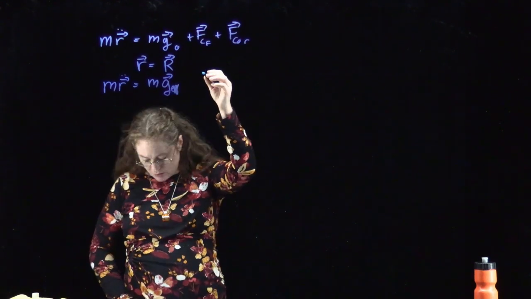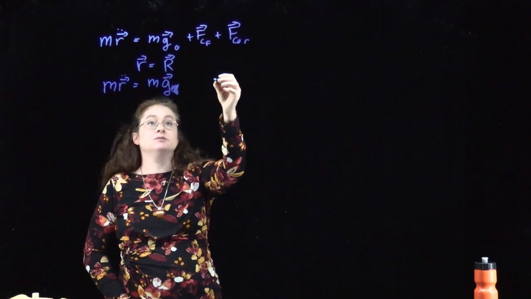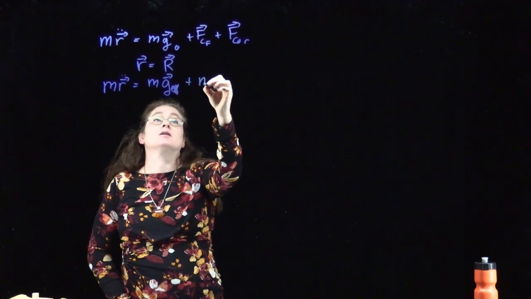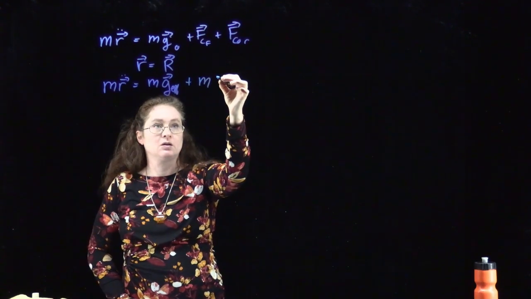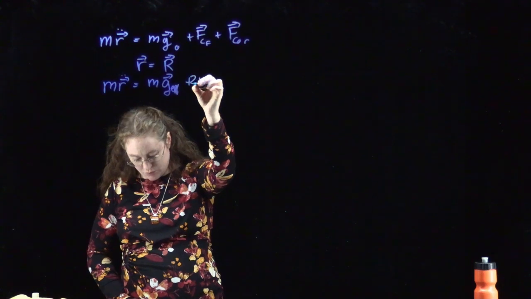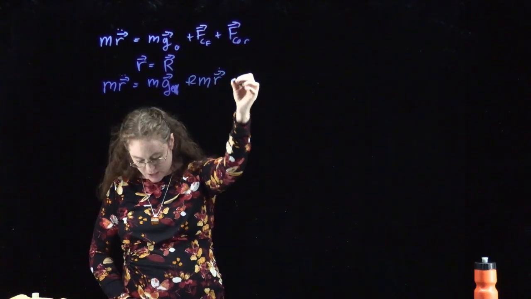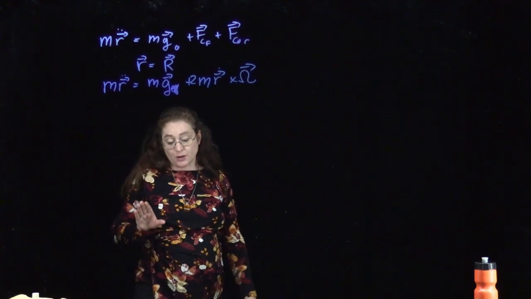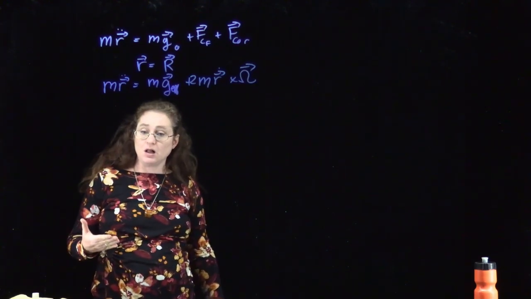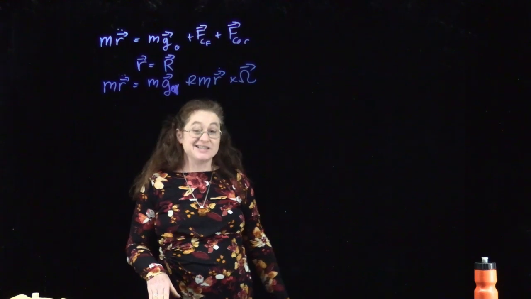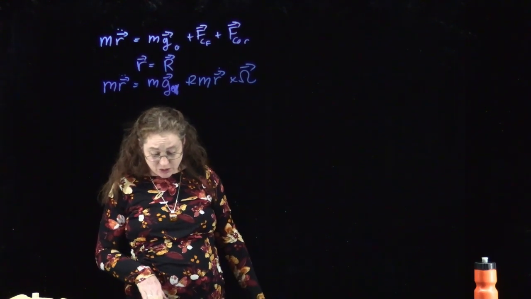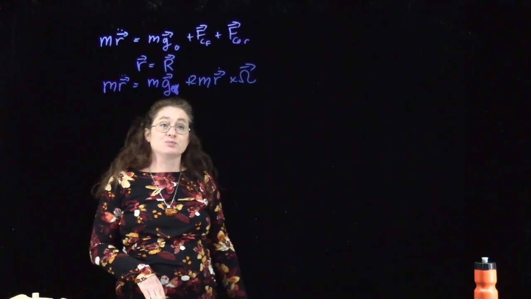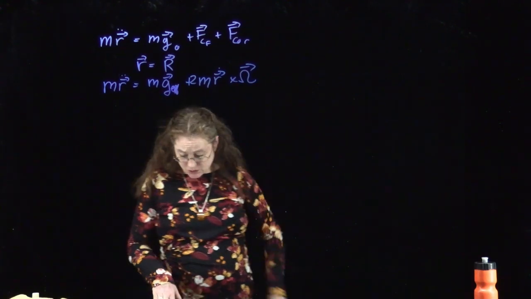And then we have plus m 2m r dot cross capital omega. So to a very good approximation, when we have free fall, this does not depend on the position. It only depends on the derivatives of the position. So